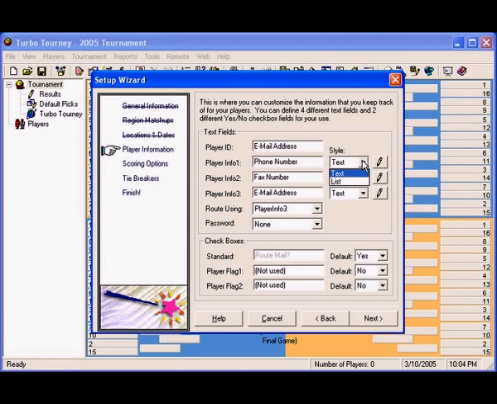If there's something I want to collect from that player that is represented as a checkbox, we can do something like "has the player paid yet," and we'll set a default on that as no. So you can also set what the default value should be when the player first signs up. That's the player information setup, and we'll go ahead and select next, which takes us to the